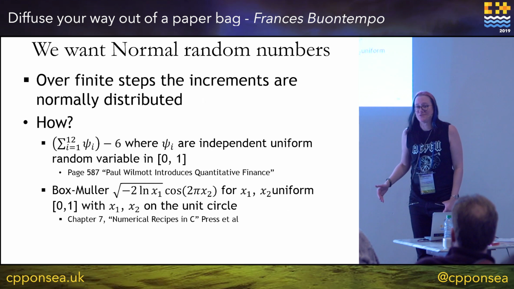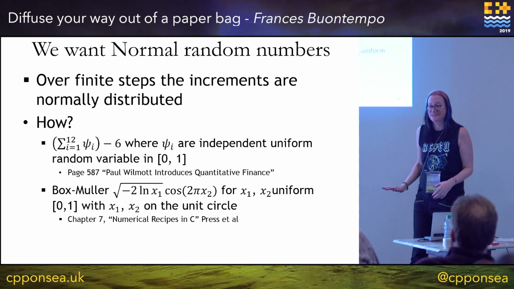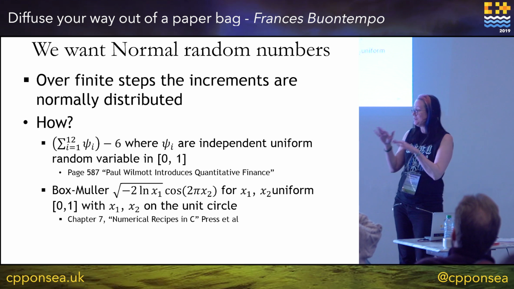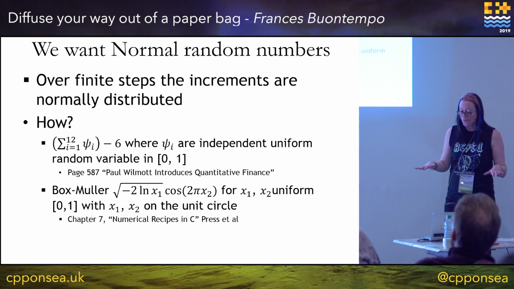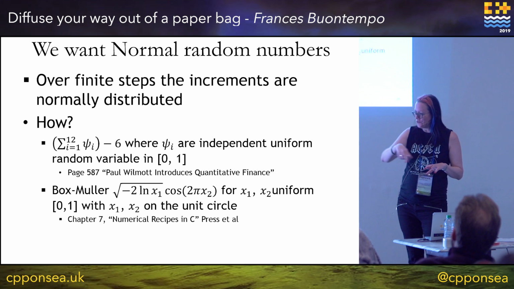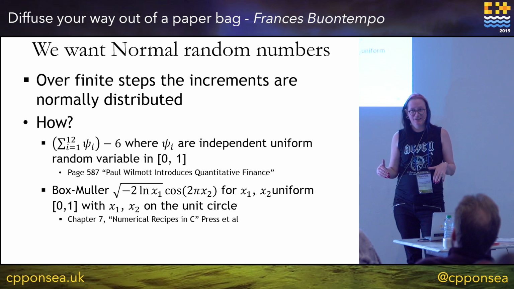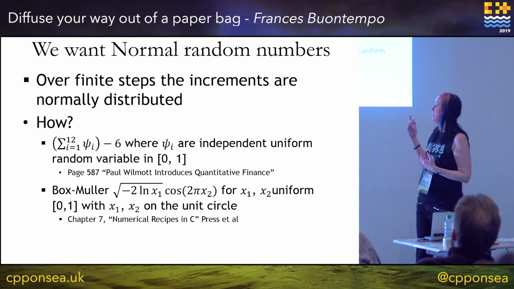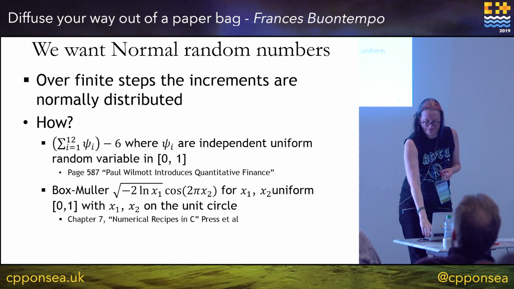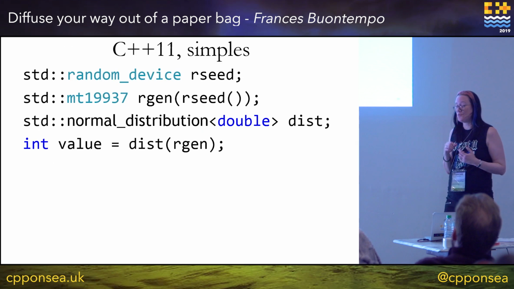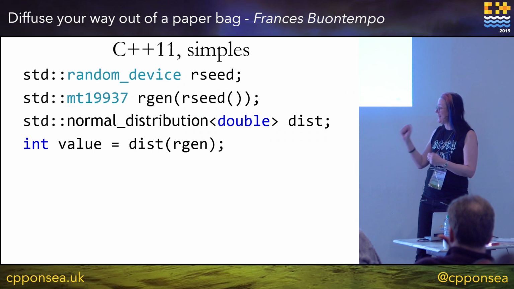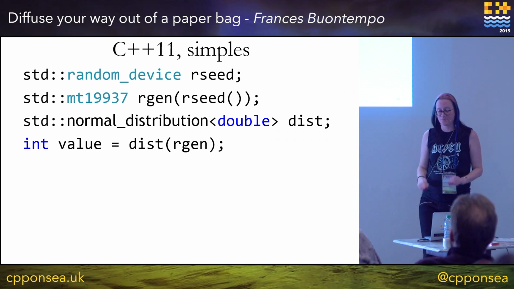Anyway, I was supposed to be diffusing my way out of a paper bag, and I've sidetracked myself completely by random numbers. I was going to go for some normally distributed ones, so we looked at some uniform ones. You can make things that are approximately bell curve normally distributed from uniform random numbers. Couple of ways. Would you feel confident about coding that up? We could just change the code we saw before and say normal distribution instead of uniform. And then it'll do our bell curve for us. Nice and simple, good.